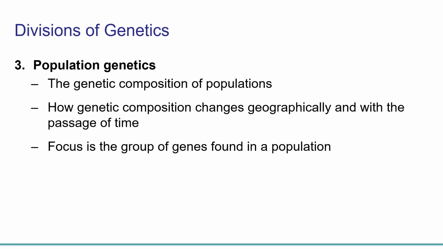The third division of genetics is population genetics. You could take a whole class on molecular genetics. You could take a whole class on population genetics. We spend the smallest amount of time on population genetics here, which is a little bit unfortunate. Our textbook only spends a little bit of time on it, and really because this is where genetics overlaps with